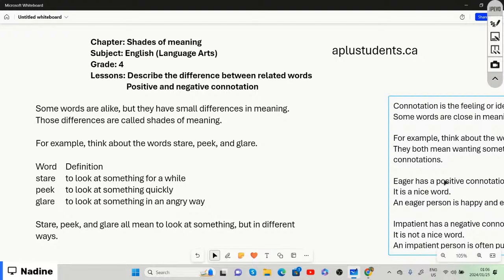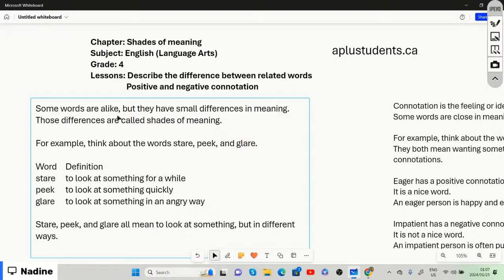All right. So basically, some words are alike, but they have small differences in meaning. And those differences are called shades of meaning. For example,